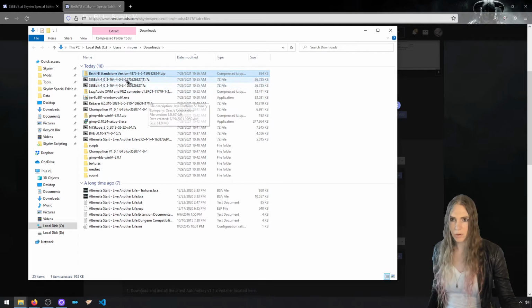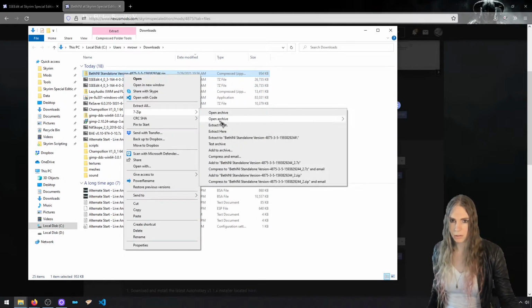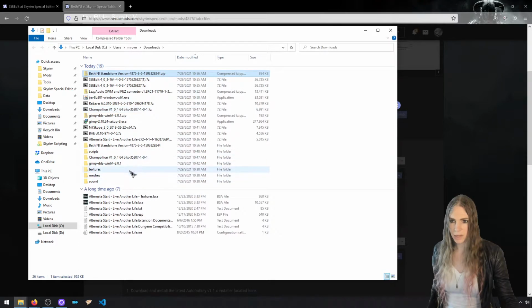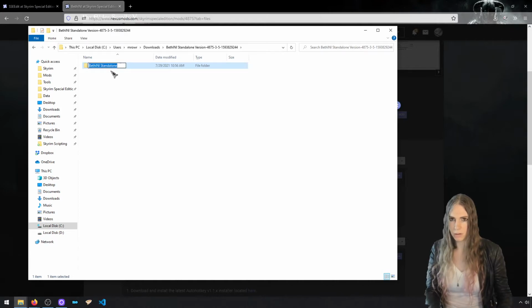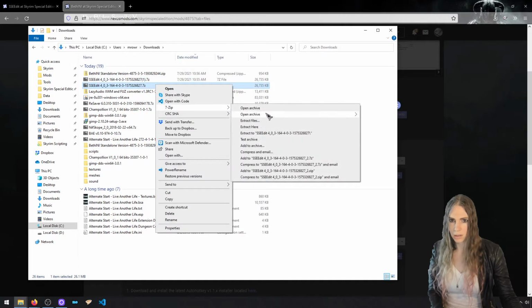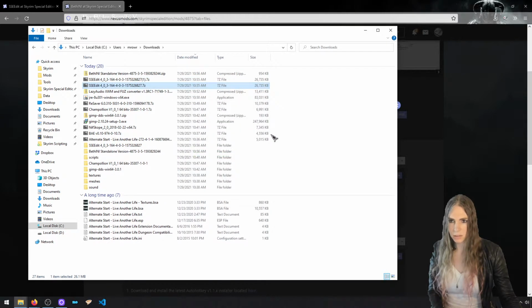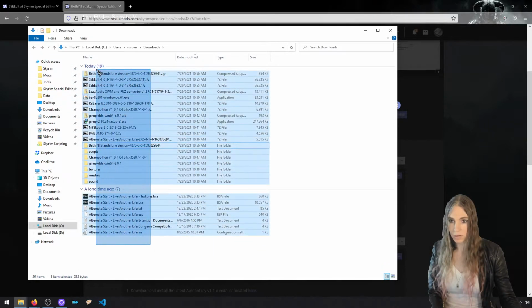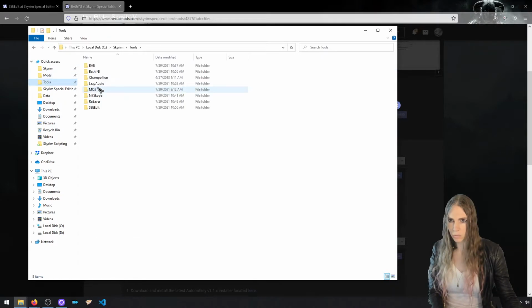I'll just extract these both and get ready to show you them in a moment. So the Beth INI one, I think, has a subfolder called Beth INI standalone. I'm just going to call it Beth INI. Put it in my tools. And then I've got SSE edit. Extract that. Just going to call it SSE edit. Put it in my tools. Get rid of everything here. Go to tools and